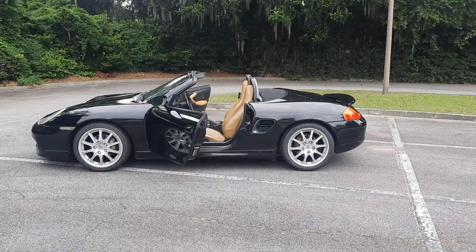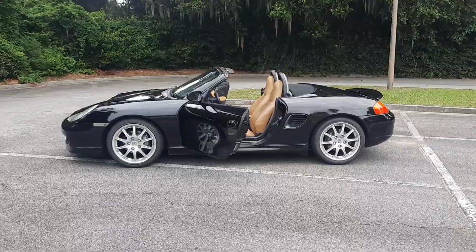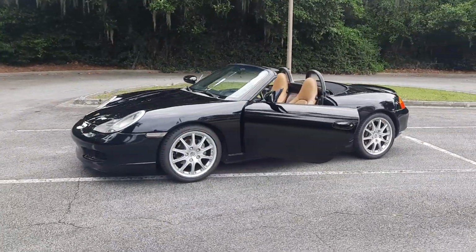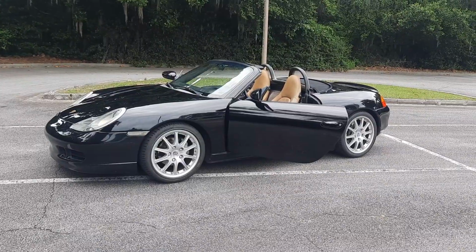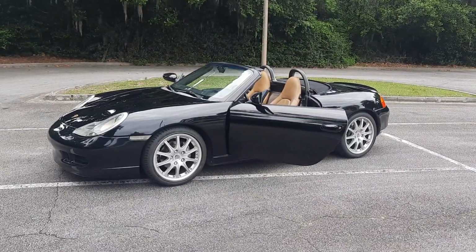Alright guys, I appreciate everybody taking time to consider my latest BAT offering. It's a 2000 Boxster. So this car,